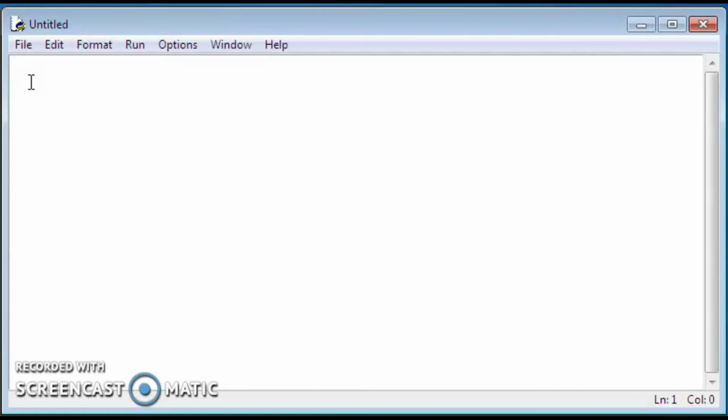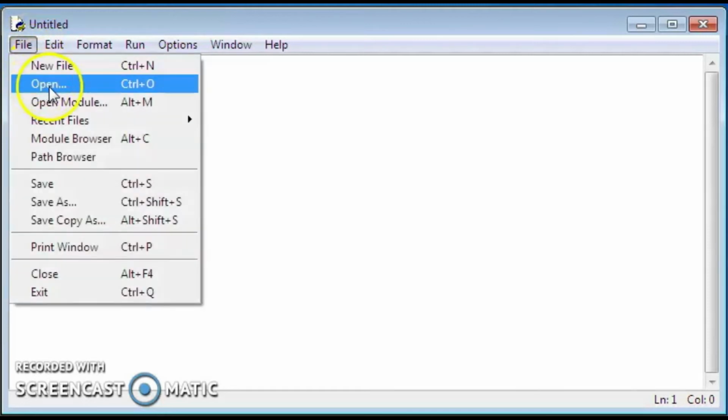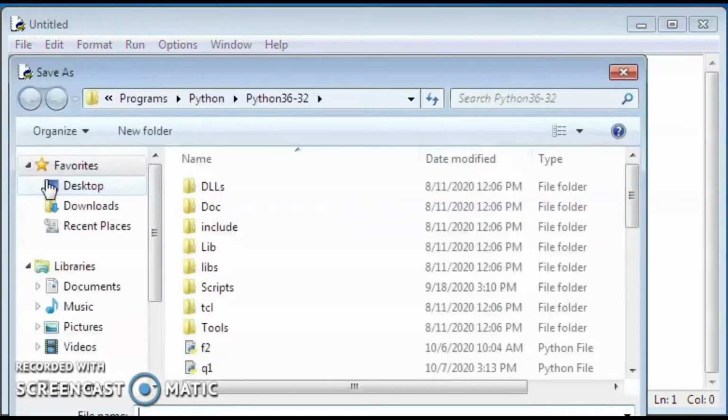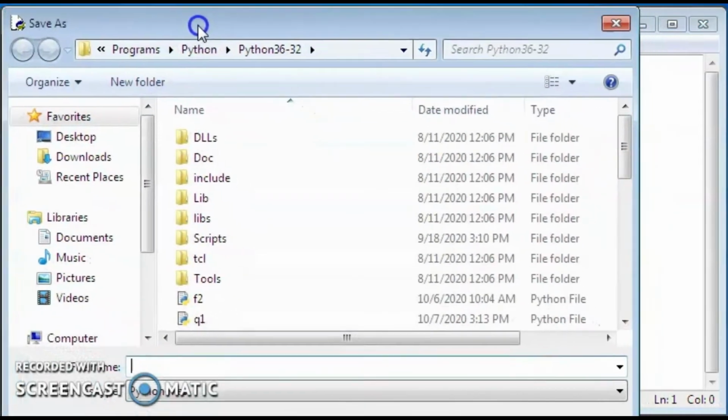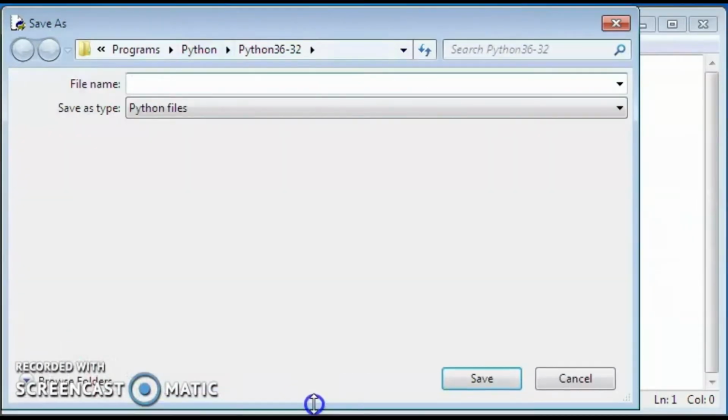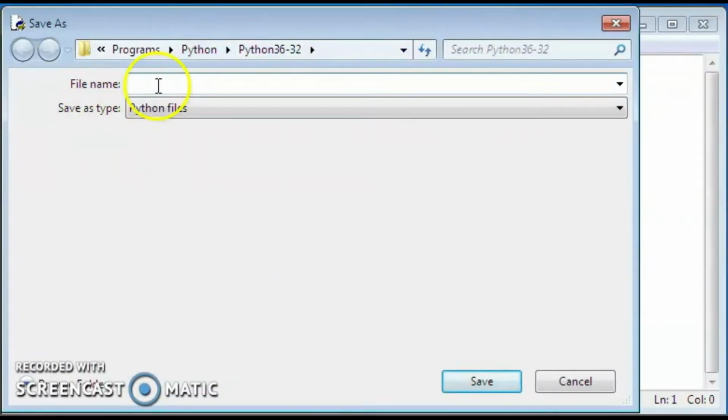After typing all the programs, you have to save the file. That is file, save. Then you can see the save as dialog box. Type the file name, example 1, with which extension?